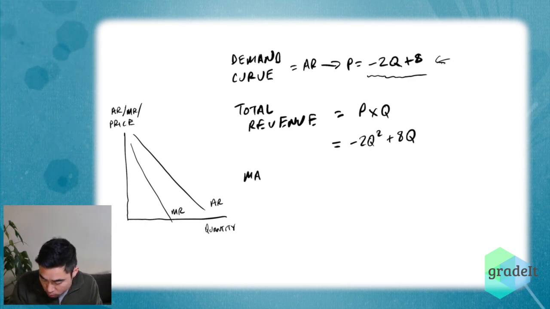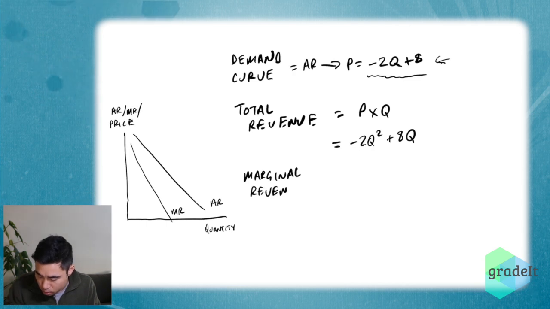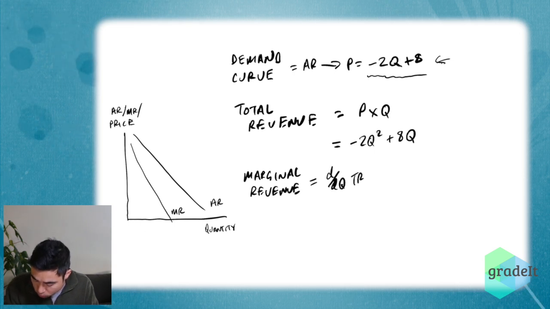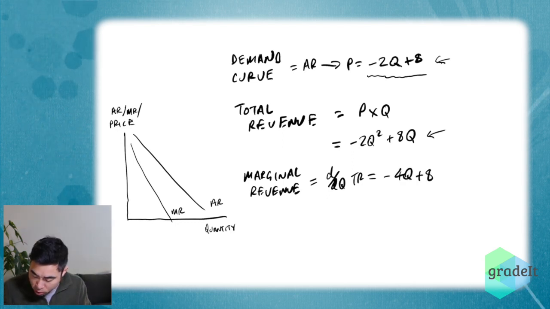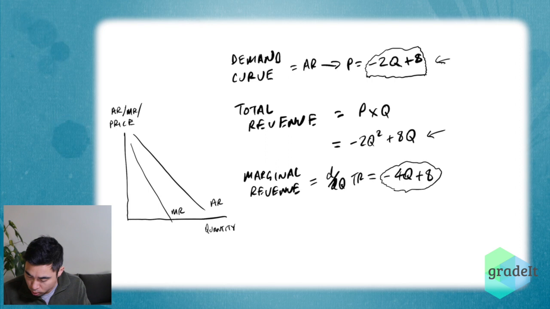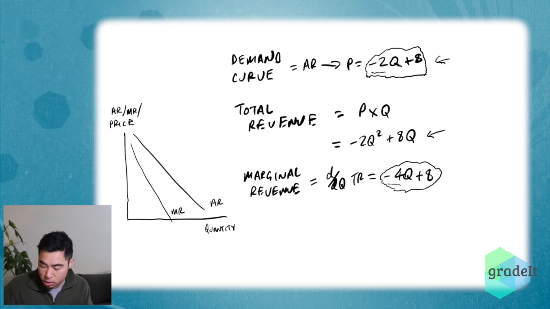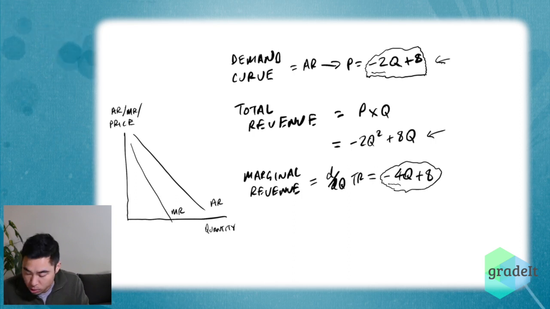So we say marginal revenue, which equals first derivative with respect to quantity of total revenue. So all we're going to do is differentiate this thing here with respect to Q. So I get minus 4Q plus 8. So this is our expression for marginal revenue here, and this is our expression for average revenue here. And if you compare the coefficient on your Q, you get minus 4 here versus minus 2 here. So you can see that marginal revenue is going to be twice as steep as average revenue, and it doesn't really matter